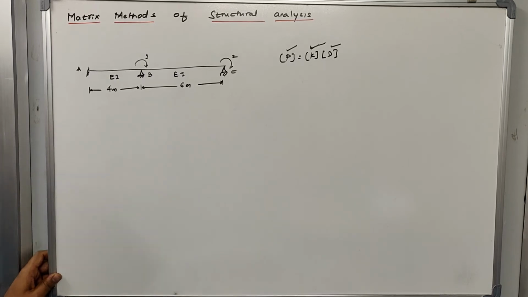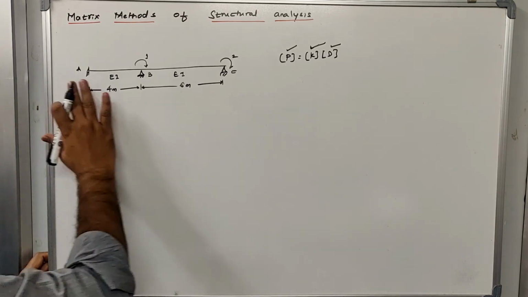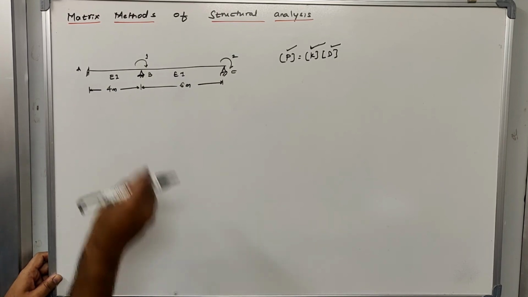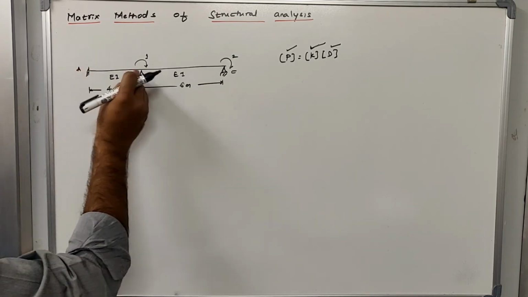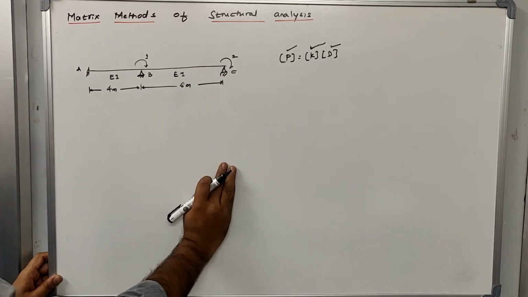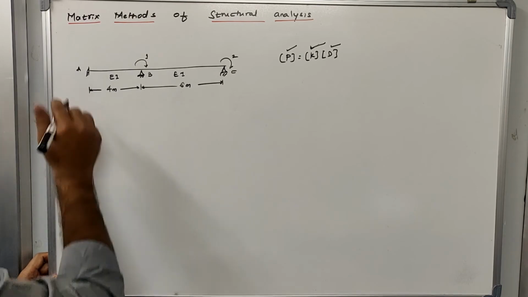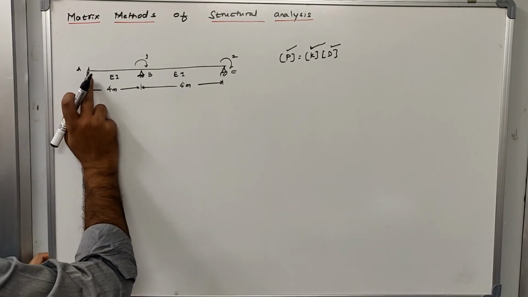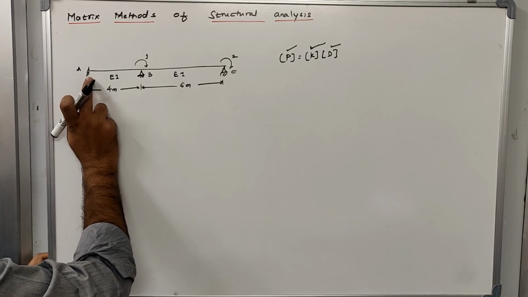The stiffness matrix is determined based on finding out the kinematic indeterminacy. So let us find out what the kinematic indeterminacy is. In this given continuous beam, if I tell you to solve the kinematic indeterminacy, you will go to the individual joints A, B and C, then you will try to define the kinematic indeterminacy or degree of freedom. At joint A, it is a fixed joint, so there is no kinematically indeterminate value. The degree of freedom here is equal to 0.